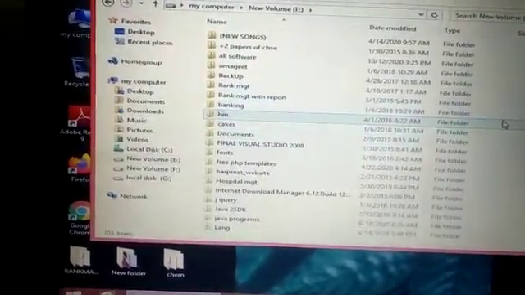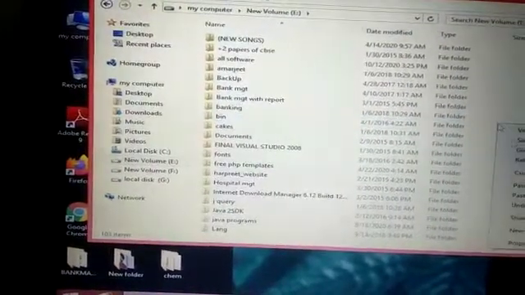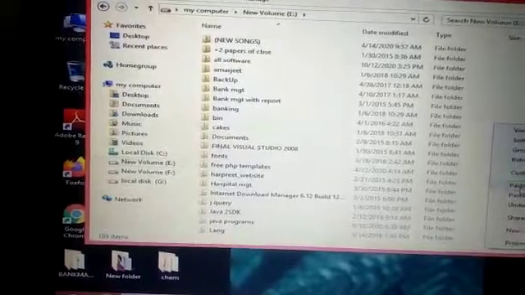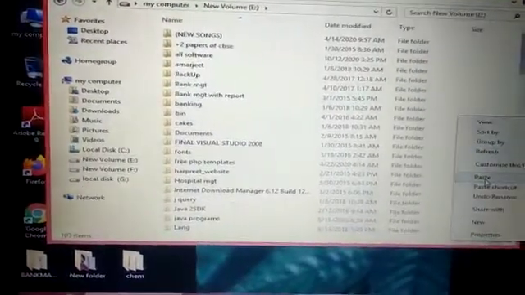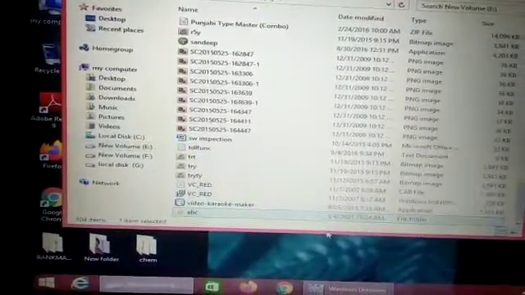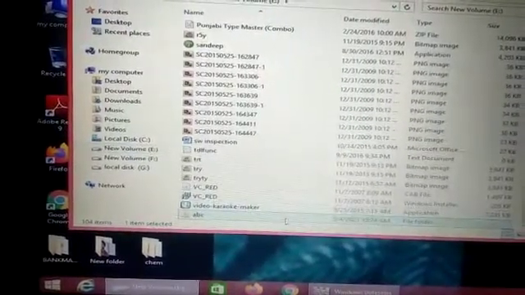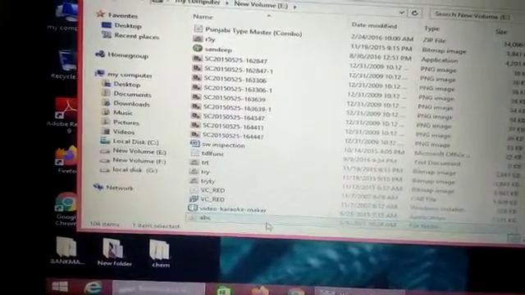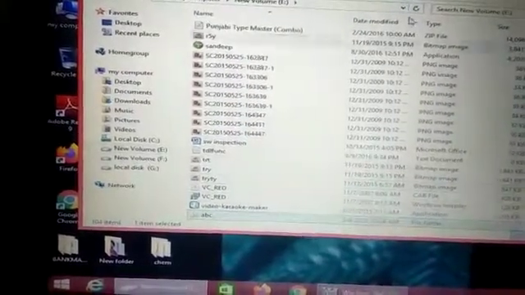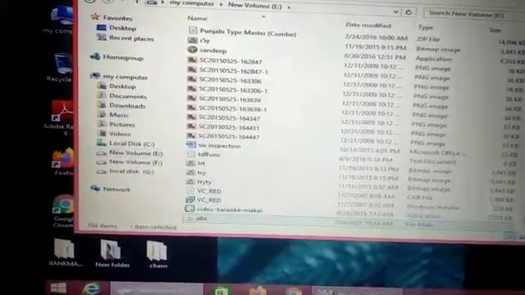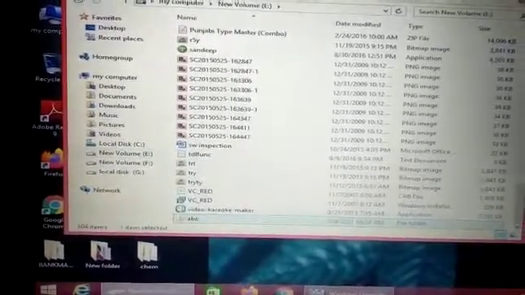Now open the E drive and right click on any blank area and then choose paste. Now look at the screen here, at last ABC folder pasted, or you can say that created. In this way you can easily copy the folder and move it to another location.